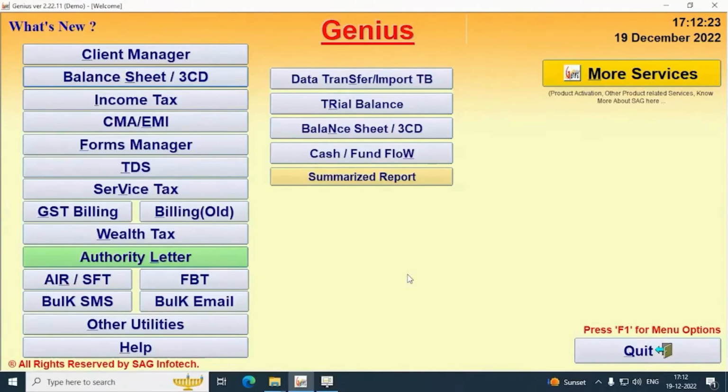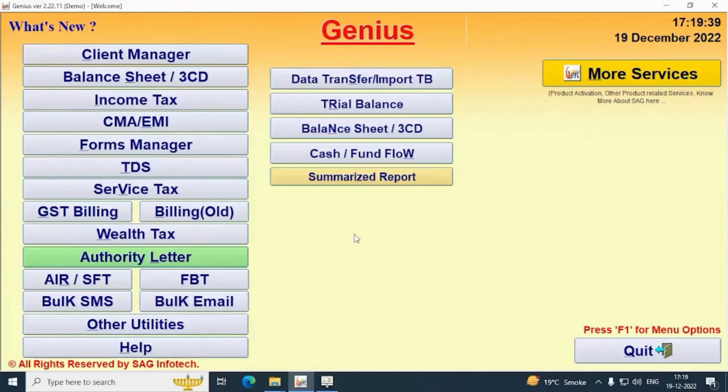When you click on the Balance Sheet 3CD option, new options will appear, which are data transfer, import TB, trial balance, balance sheet, 3CD, cash, fund flow and summarize report. In this demo video, we will also guide you about the mapping of Balance Sheet 3CD.